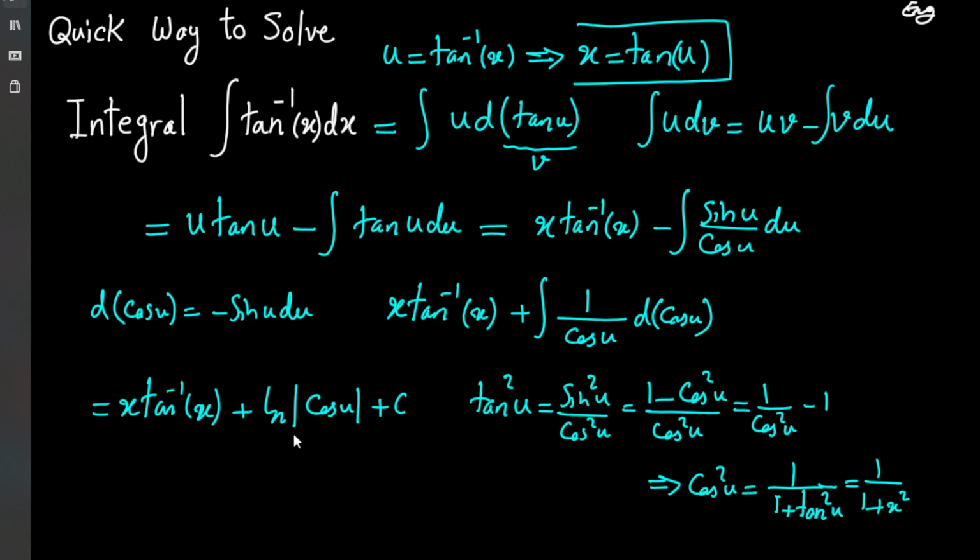So over here, what I have is x tangent inverse x, and then if I write, let's say, minus 1 over 2 ln, it becomes cosine, and we can get rid of the absolute value, of course. It becomes cosine squared,